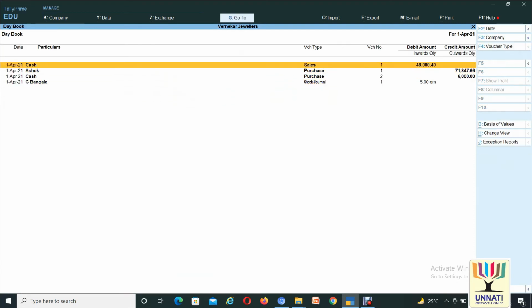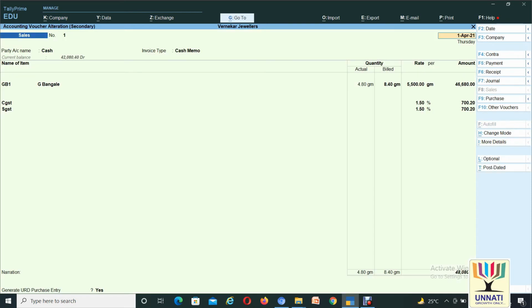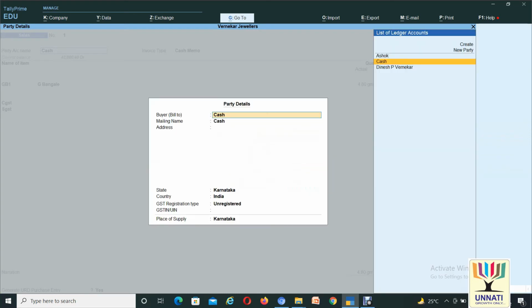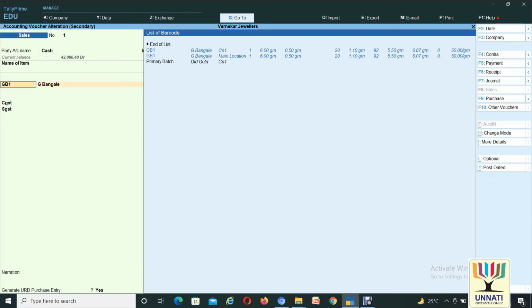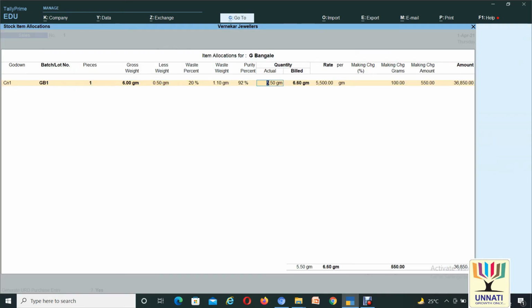And major changes in the sales invoice are done. Let's see what they are. The details you mentioned for the item when adding a purchase entry are fetched automatically during sales entry.